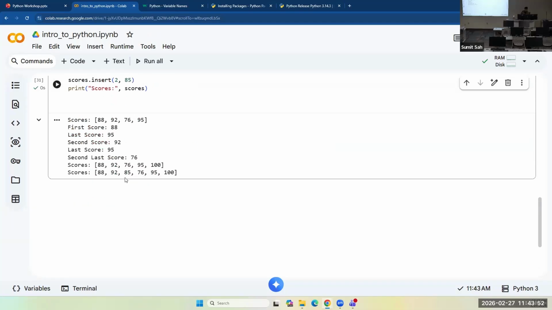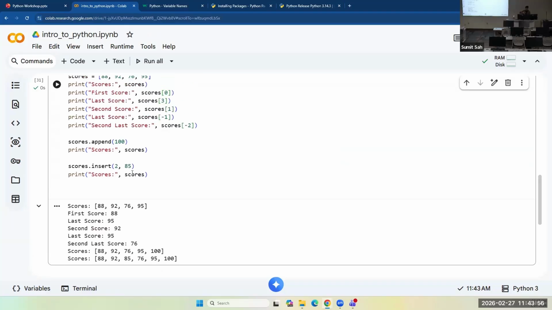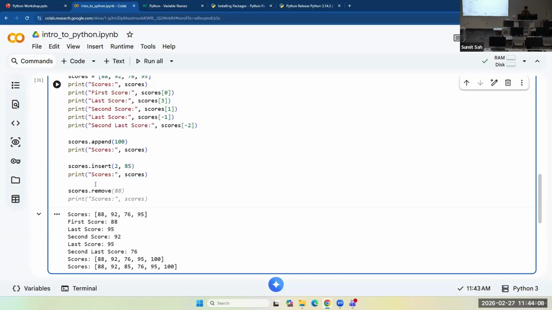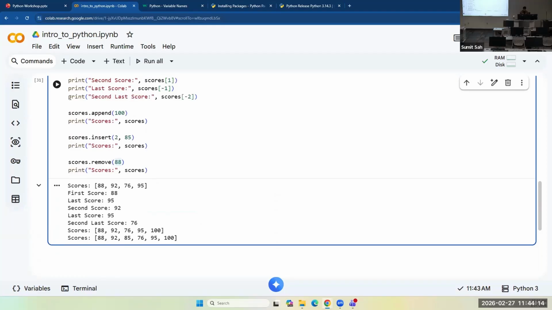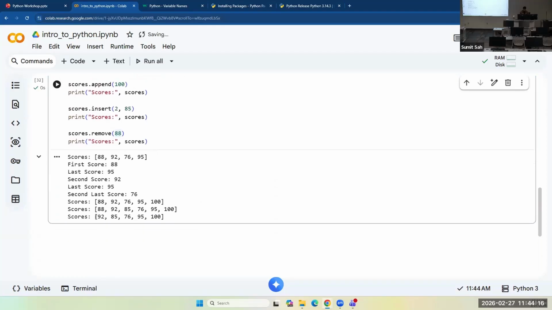But now in my position 2 is 85, and the rest of everything will shift to the right. Similarly, you can remove elements. Let's say you want to remove 88. So it will remove 88. And now you can see 92, 85.